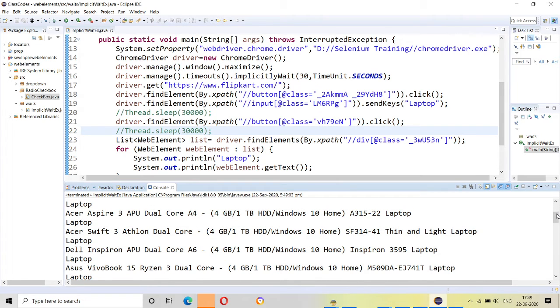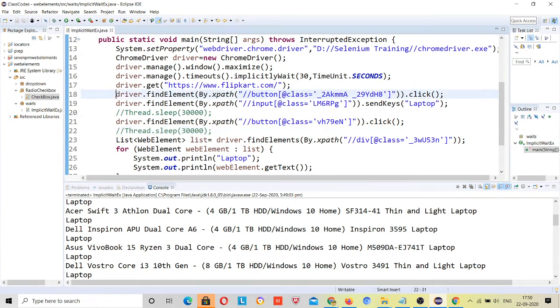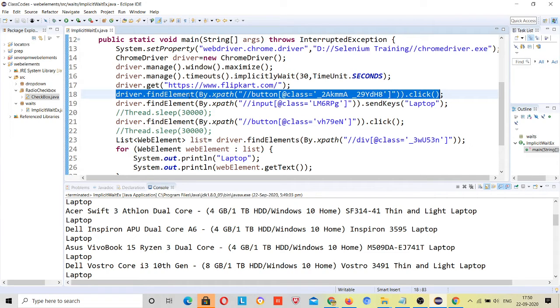It has printed. But suppose, sometimes, for this particular line, our element is not visible, so that we cannot click, right?